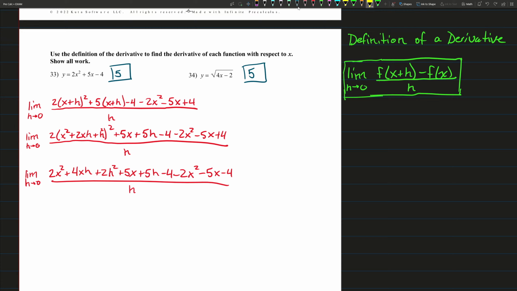Okay, so what we're trying to do here is cancel things out. We should see that 2x squared and negative 2x squared cancel. Negative 4 and positive 4 cancel. And then positive 5x and negative 5x cancel. So then we have the limit as h approaches 0 of 4xh plus 2h squared